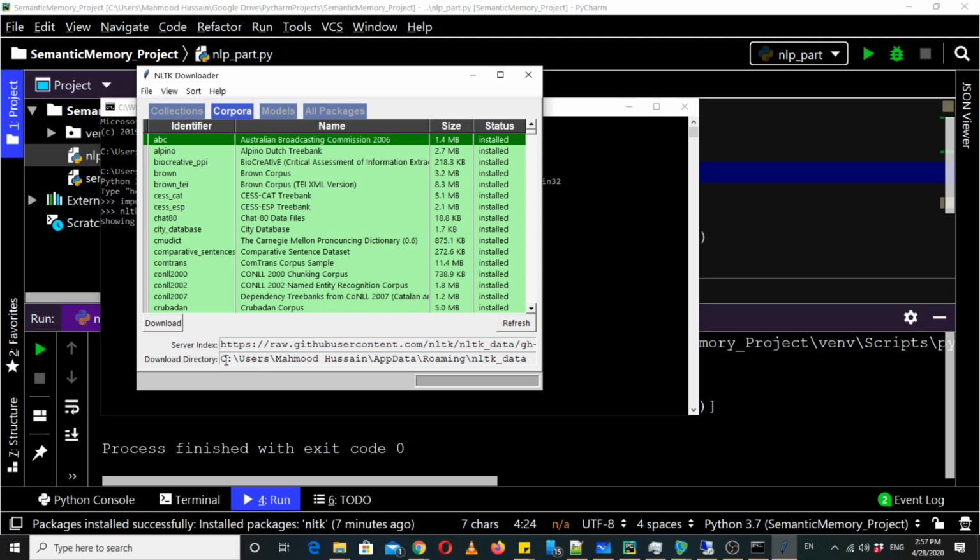Once it's downloaded, you can see it's downloaded in this location, user setting, and then nltk_data. So wherever you use NLTK, whether from a virtual environment or from any other project, it would search for nltk_data in default locations. As I already have everything installed here, most probably it has selected the models from that specific location defined by NLTK.